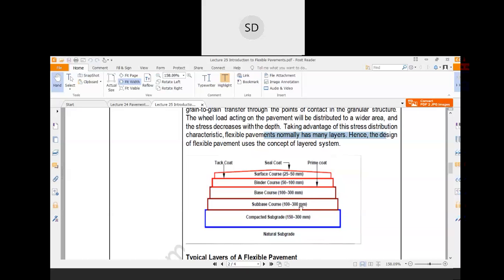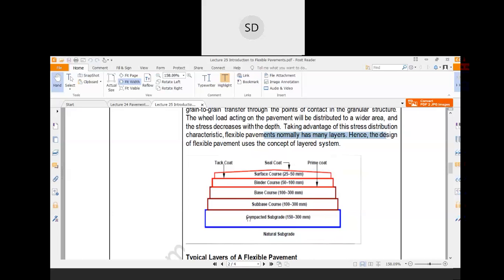Then the subbase course, that would be an aggregate course. Then the base course, that also would be an aggregate course, but a smaller fraction than the subbase course. Then the binder course, and then the surface course. Now, between the binder course and the surface course, there would be one bituminous layer, that is called tack coat, and between the binder course and the base course, there would be another layer that is